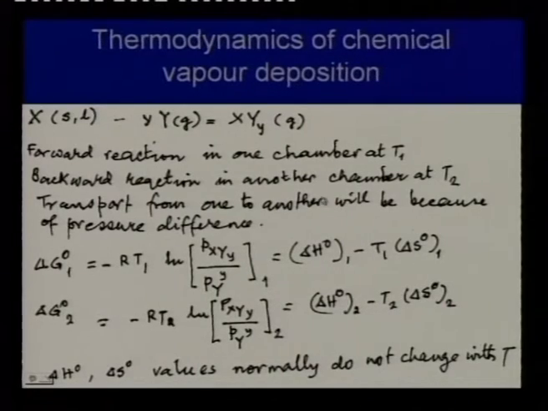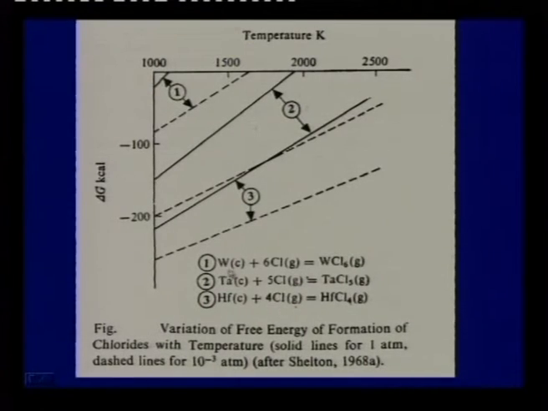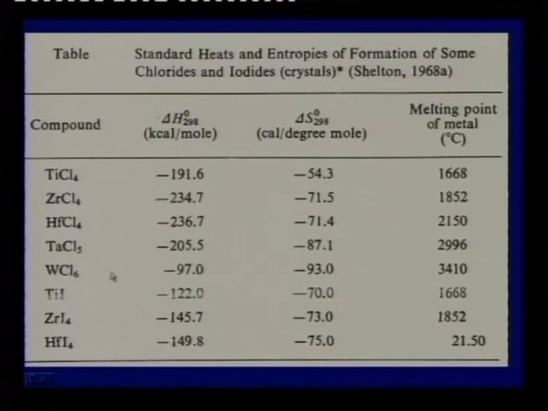metal. And I have given an analysis as to how this is to be done and what are the factors that govern it, and for particular reference we have taken the reaction in the case of tungsten, tantalum, hafnium. You form an intermediate chloride which will be decomposed to produce pure tungsten in another chamber. And we have shown that we have to understand the reaction in terms of enthalpy change, entropy change and melting